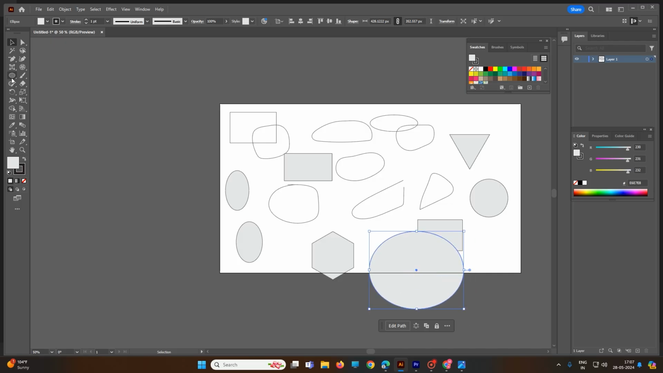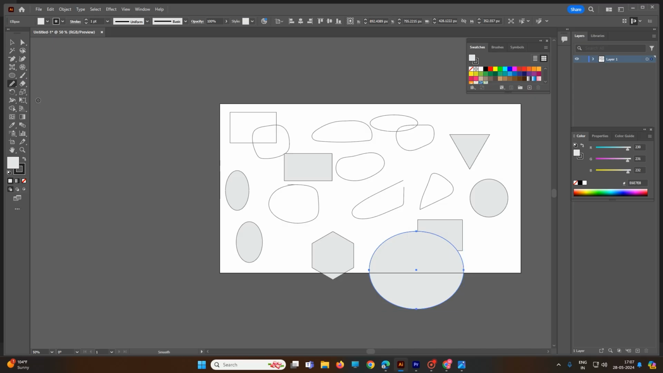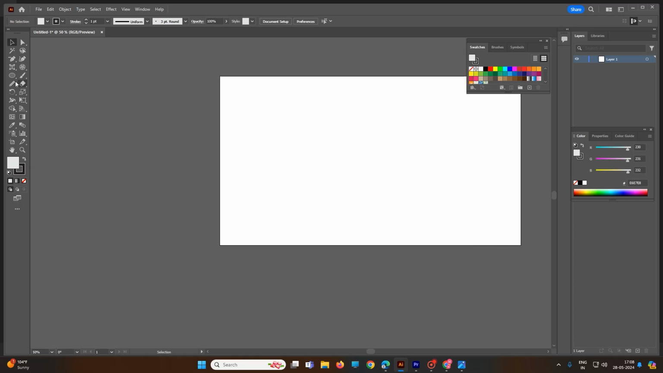Okay. Next one is the Smooth Tool. The Smooth Tool is very important like that. Just a minute, I will delete everything. If you create something like a zigzag, like that, some shape is zigzag,